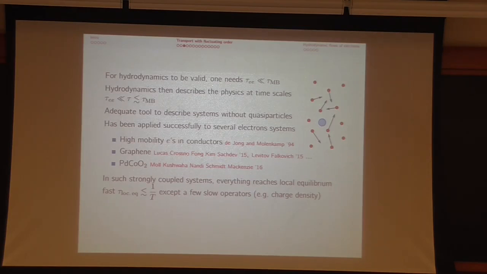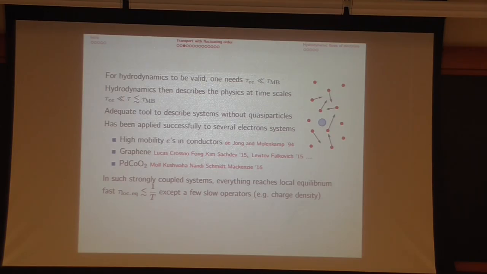Okay, so I should mention, especially if there's condensed matter people in the audience, that hydrodynamics is not really the mainstream thing to do, and for a very good reason. For hydrodynamics to be valid, you need a separation of length scales and time scales. In particular, you need strong interactions, so that the electron-electron mean free time is very small, and smaller in particular than the momentum breaking mean free time. So I have to imagine that there are many electron collisions in this kind of semi-classical picture before they collide with impurities or the lattice, or lose momentum with Coulomb scattering.